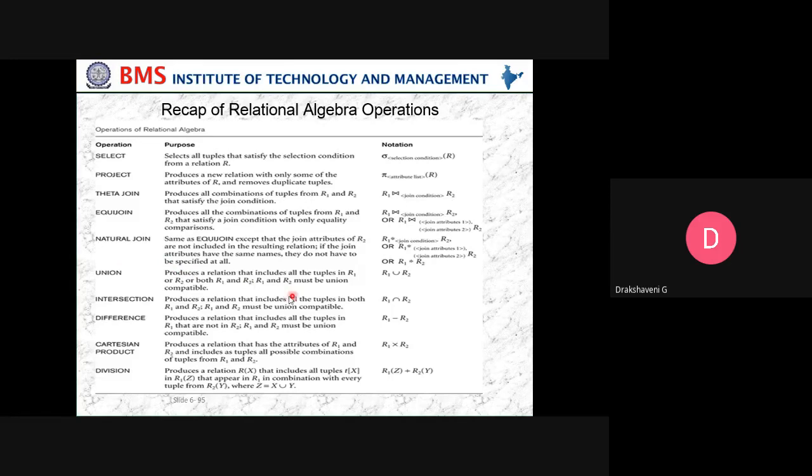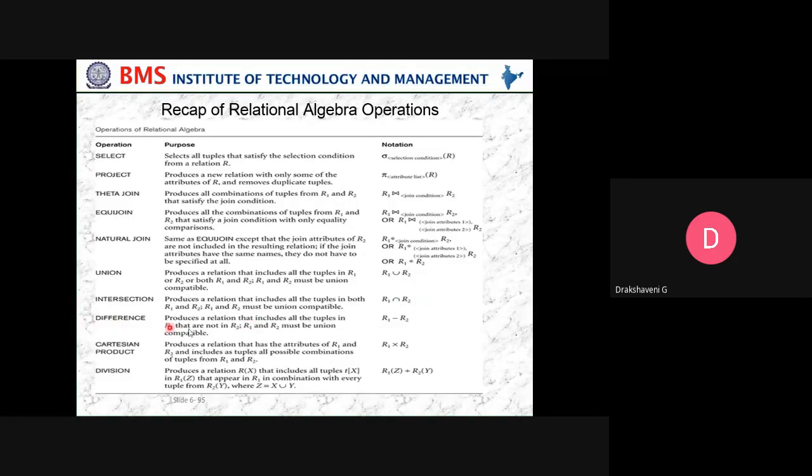Then union produces a relation that includes all the tuples in R1 or R2 or both R1 and R2. R1 and R2 must be union compatible. Then intersection produces a relation that includes all the tuples in both R1 and R2. R1 and R2 must be union compatible. Intersection is R1 intersection R2.